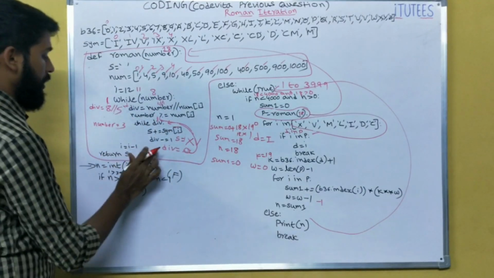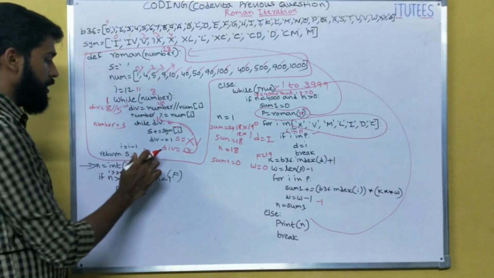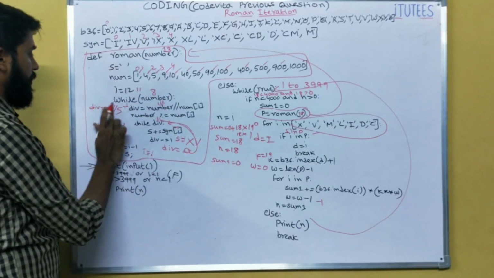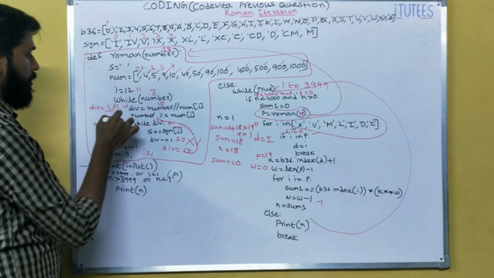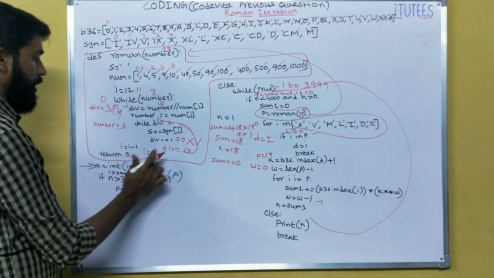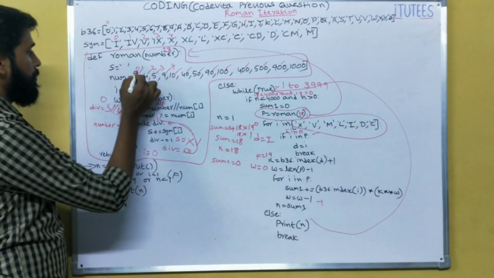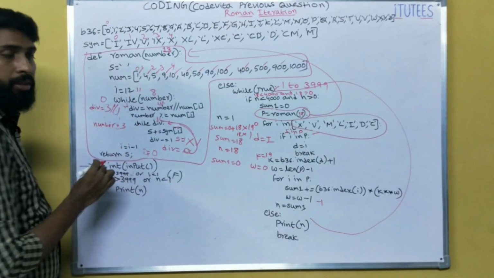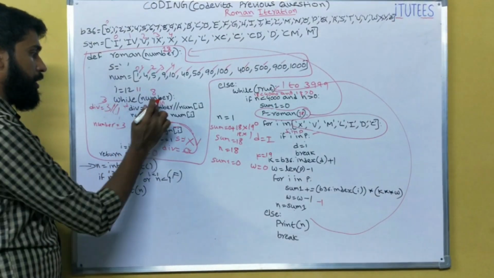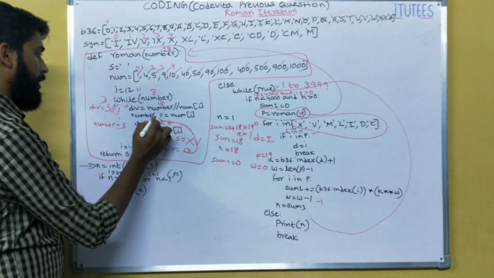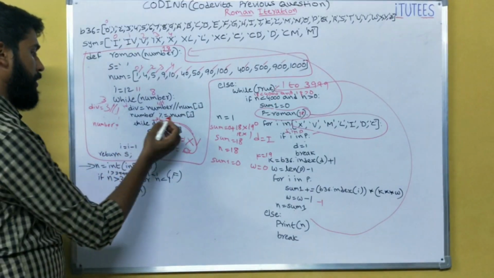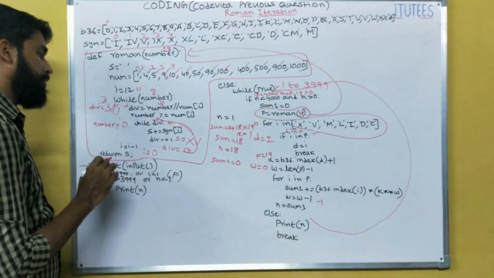The condition is not satisfied. So I equals 1. What is the value at 1? 4. 3 by 4, false. That means 0. So while 0, I minus 1 means now I becomes 0. That means index 0 is 1. 3 floor division 1 means it becomes 3. Div equals 3 now. Now while 3, number equals number percentage of number of I. That means 3 percentage of 1 means 0.